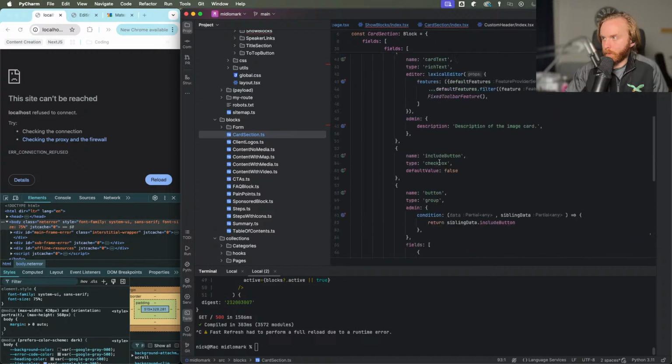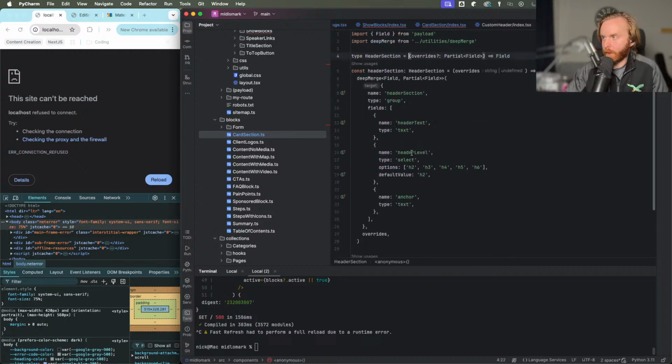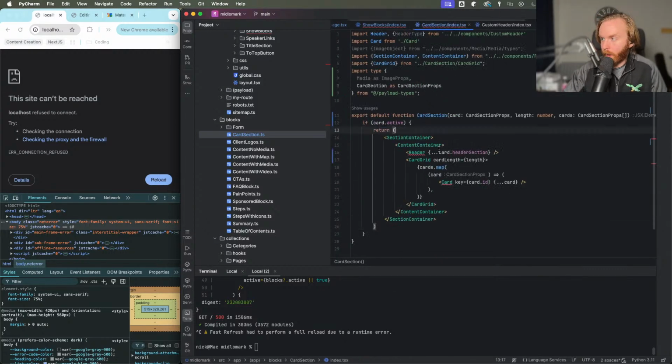And then we go to our header section, and here I believe we should be able to do interface name, and this can be header section, which we'll do. We'll set it to props just to make it extremely clear what I'm doing. And then after that, we need to do our card,